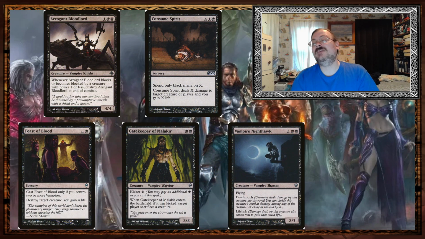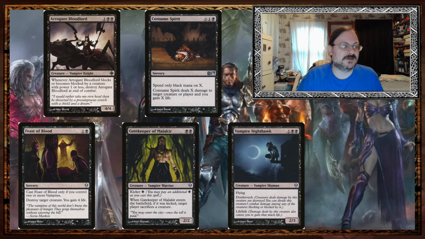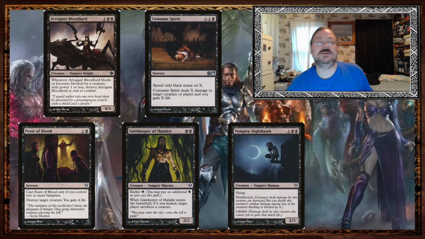The Vampire strategy, in fact, I looked into this, had 5 uncommons. I don't know why this is 5 uncommons, but these 5 cards here were uncommon during this time period when these versions of them were printed. I could not quite figure out why. Arrogant Bloodlord is uncommon, and if it becomes blocked by a creature with power 1 or less, it gets destroyed. So if your opponent doesn't have any small creatures, you can just keep attacking and you don't really worry. But if it does, well...